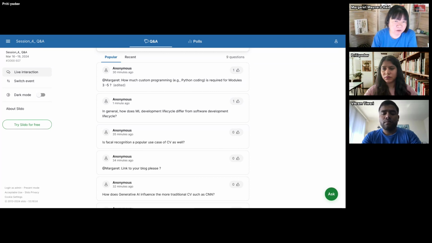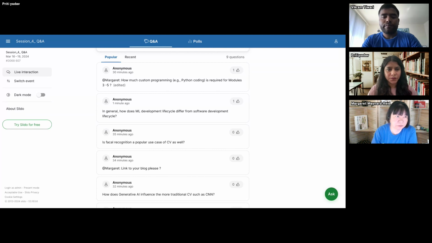But if you are looking at some of the Google Cloud tools, it's just an API call. You're not doing machine learning training, you're just doing the API call, then you don't really need to know Python coding.